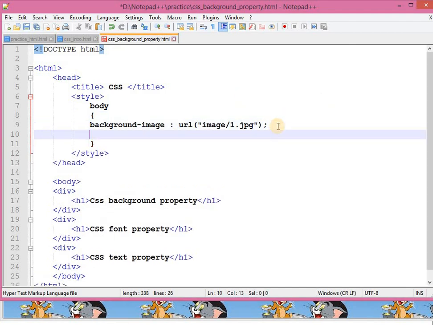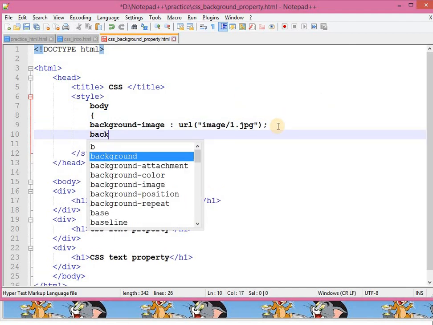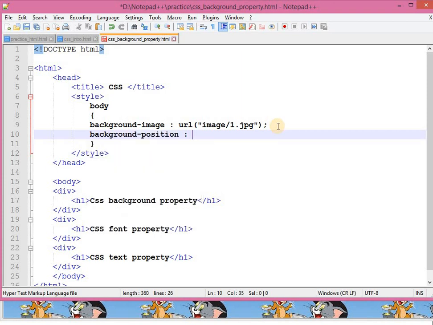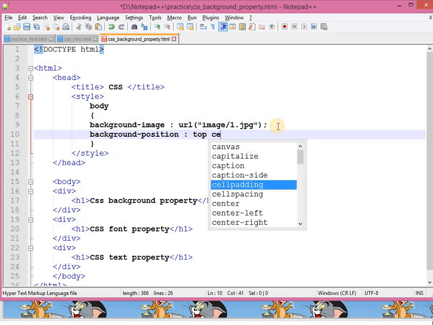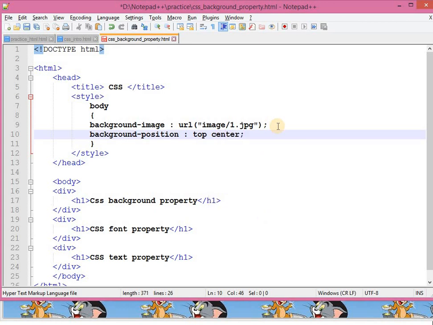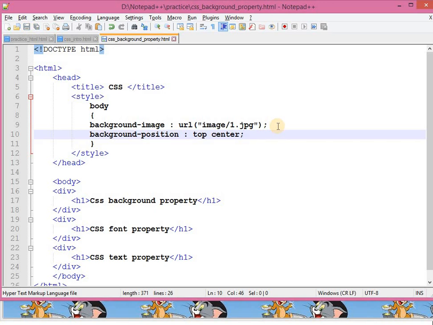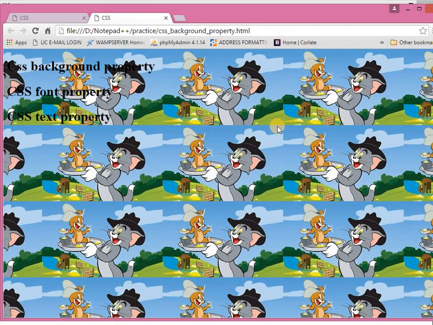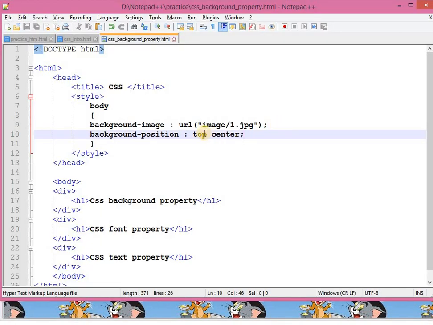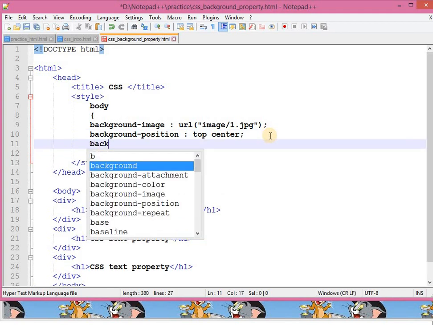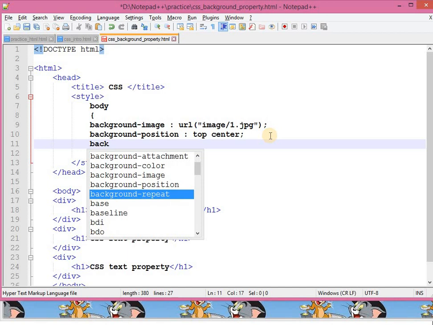Now background position. I want it in the top center. I also have to set another property, background repeat.